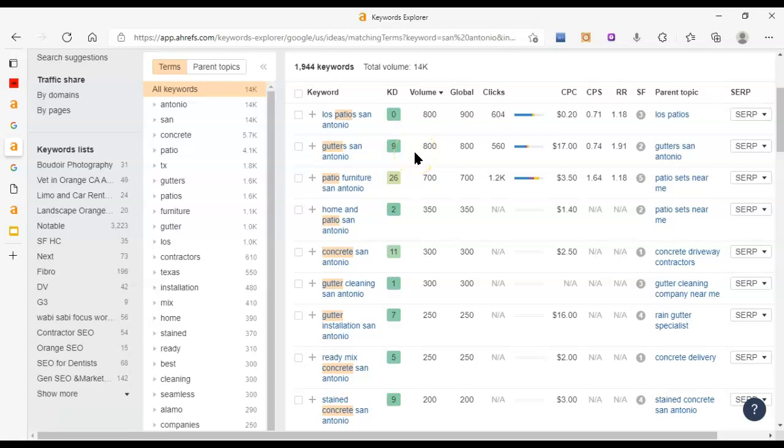Now you would think 9 out of 100 is extremely low, and it is fairly low, but we really like to go after the ones that are kind of the easier wins, because every time that you go up a notch from 0, it's just going to take a bit longer to get in front of the people that are looking for your services. So it's going to take longer to see that result and that return on investment. But